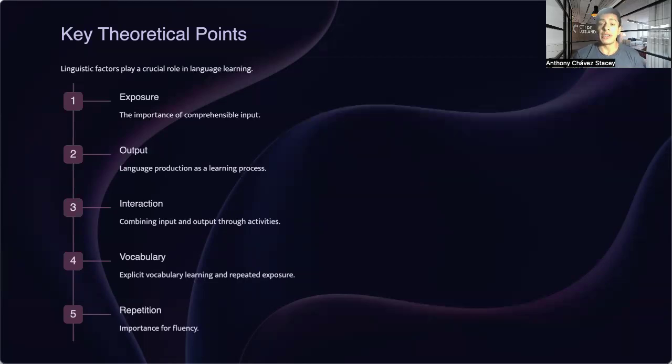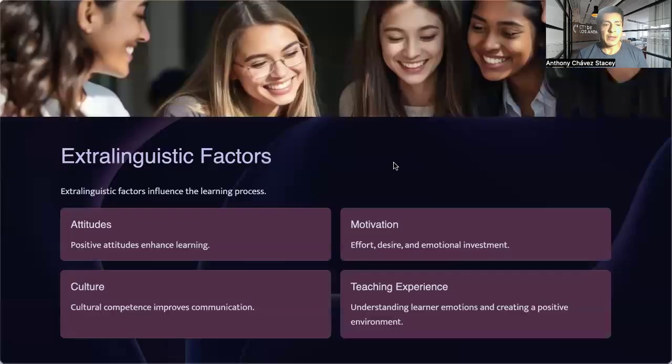The repetition: we need to consider its importance for fluency, practicing the phonemes and the pronunciation, which is going to help students in each class to comprehend each word and also how to apply them within sentences, improving their pronunciation. We also need to consider, according to the author, some extralinguistic factors which are going to help